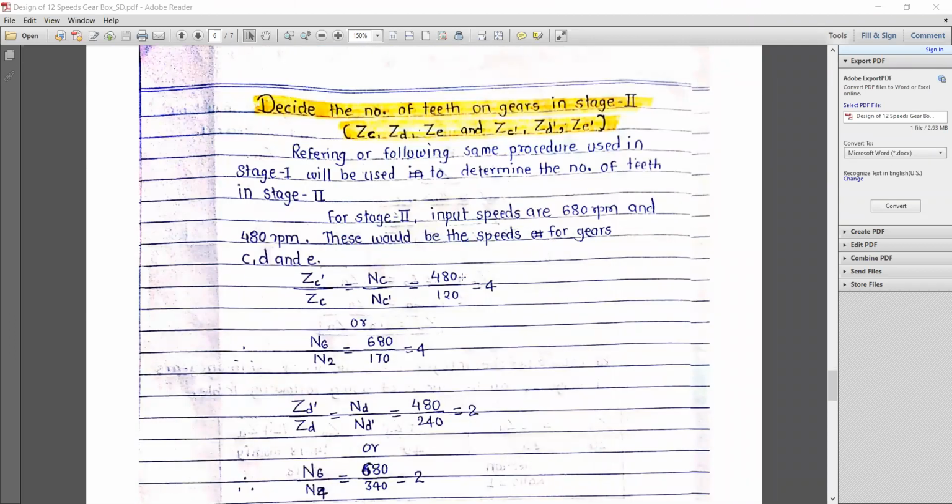Now in a similar manner we need to decide the number of teeth on gears in stage number 3. So as we know, the number of spindle speeds we can